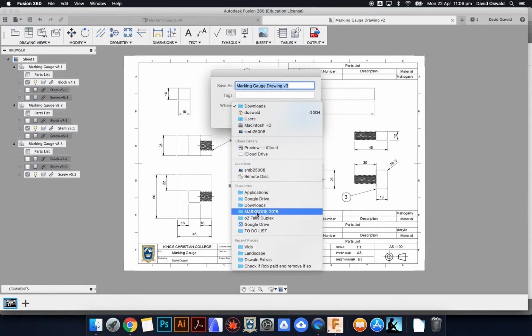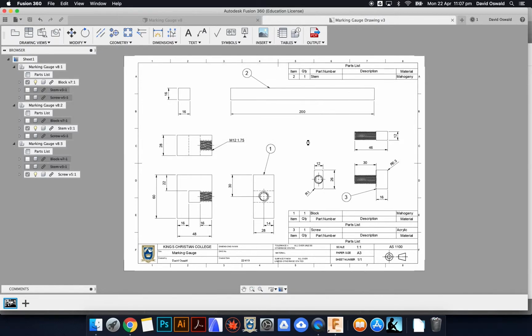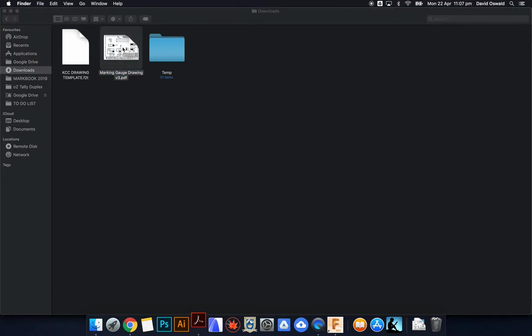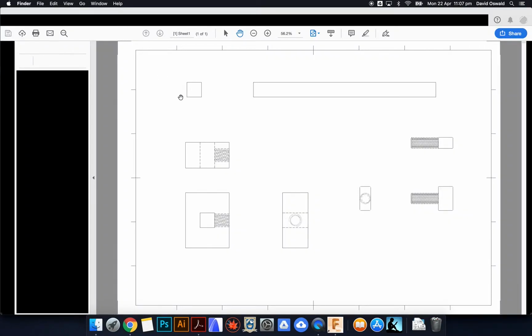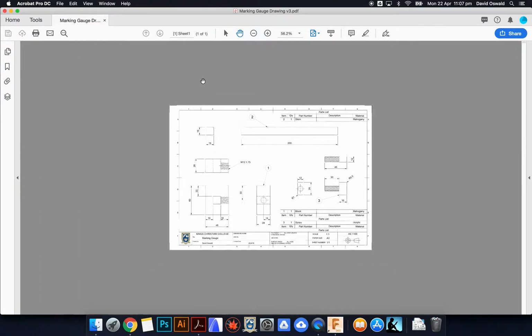Here's desktop. Can't find desktop there. I might just simply stick it in my downloads where it was there and click save. It's going to save it as that. Saving. If I go to my downloads, there it is there. If I double click, here is my finished drawing. If I get rid of that, downsize a little bit,